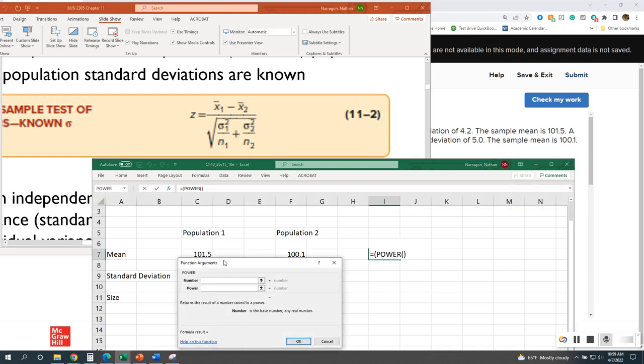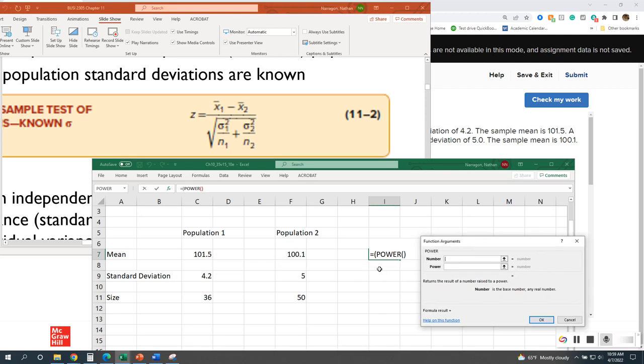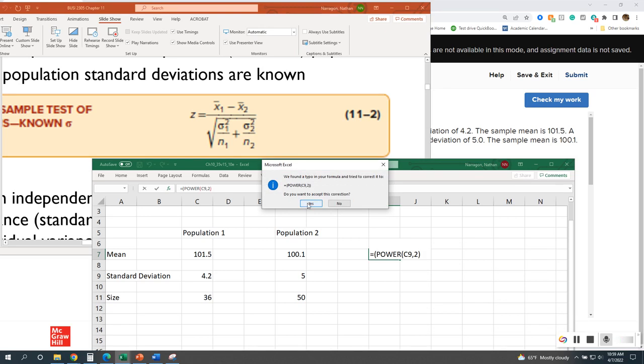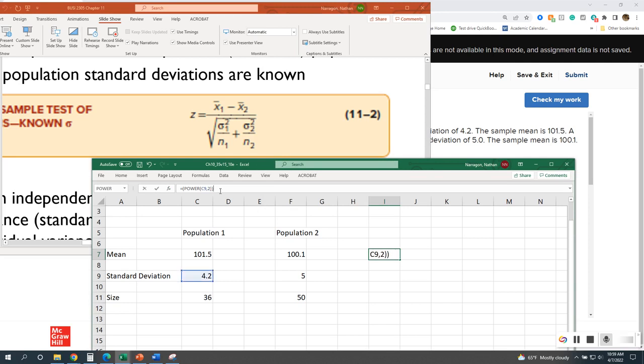There's our power. So this one, it's called power. Yes. So whatever the standard deviation, we're going to do square. They don't like the multiple parentheses there. So we're going to divide it by our sample size. Okay. Now that we know that, we're going to go plus